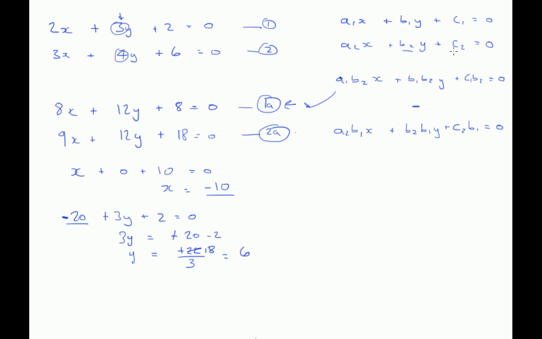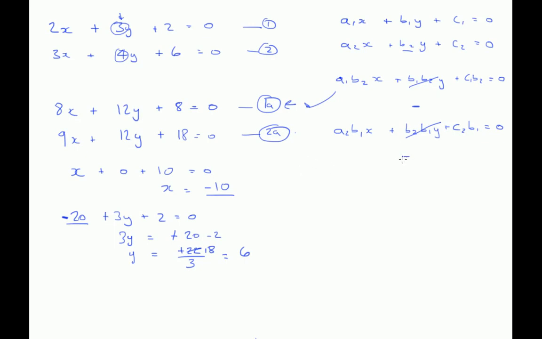So in the general case, we can take this equation minus this equation, the key being that these are the same. So if we take this one from this one, these ones cancel out, so we are left with the general case